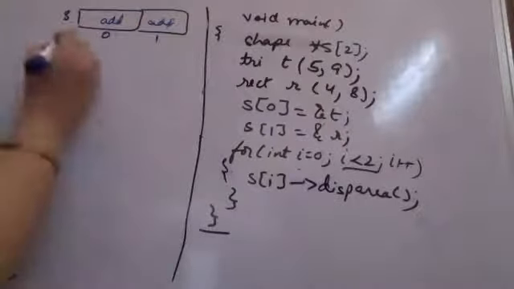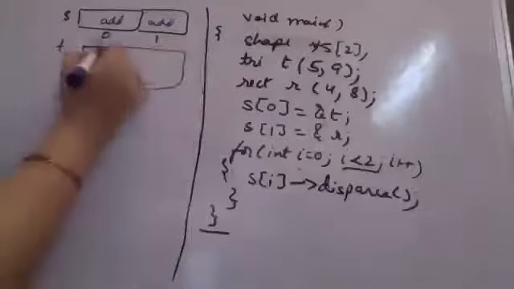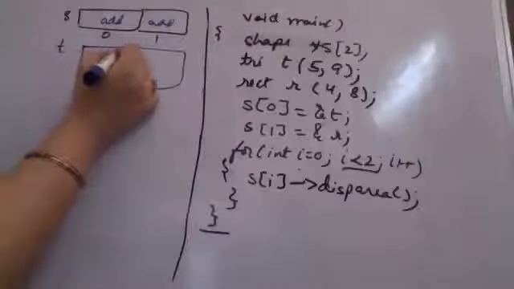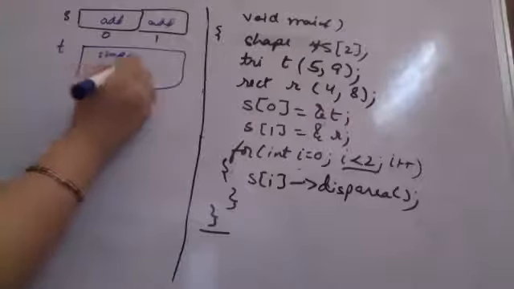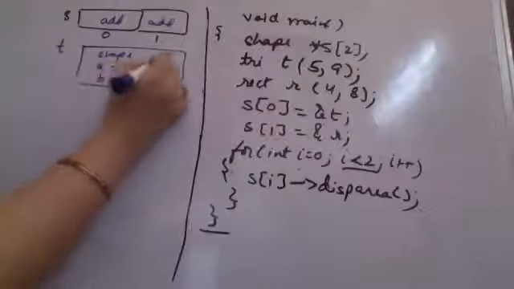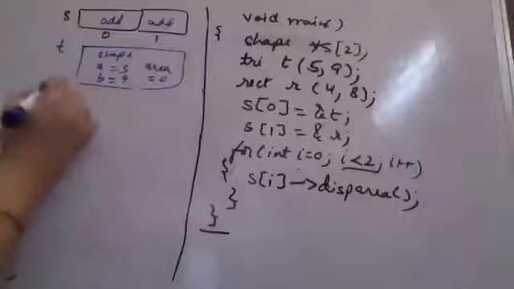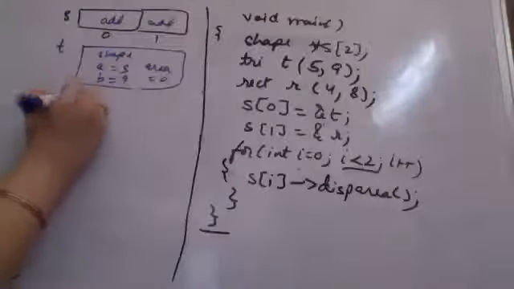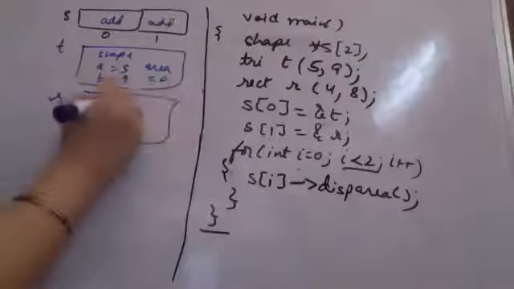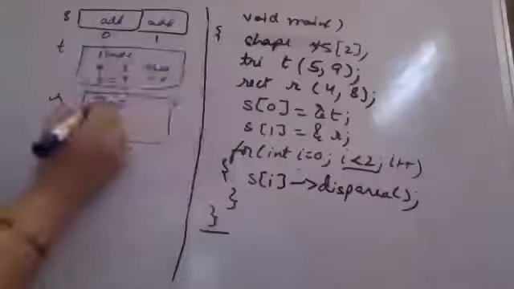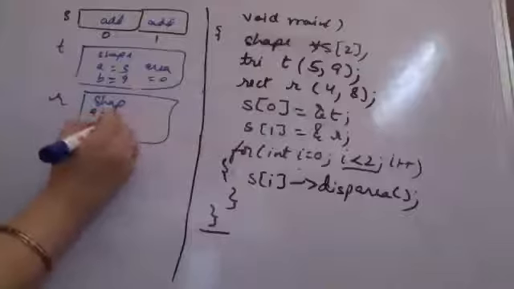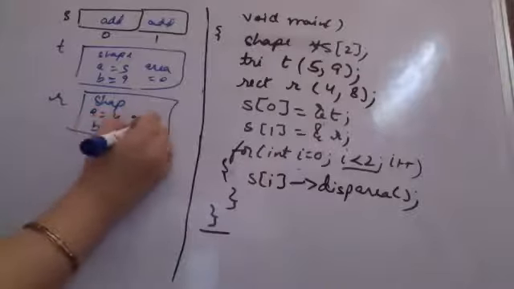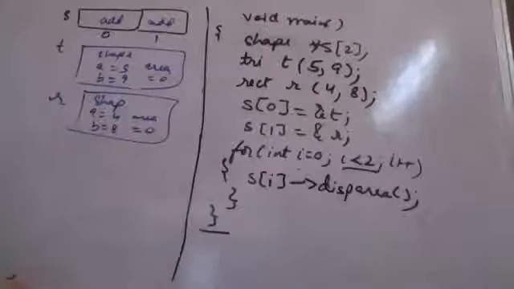We have now created another object T in a similar manner where I am having the shape inherited. I am having A as 5, B as 9, and I am having some area which is equated to 0 initially. You can calculate area itself in the constructor also. Any implementation works absolutely fine. So rectangle again, A is 4, B is 8, and area is initially 0. You could directly calculate area also, not an issue.